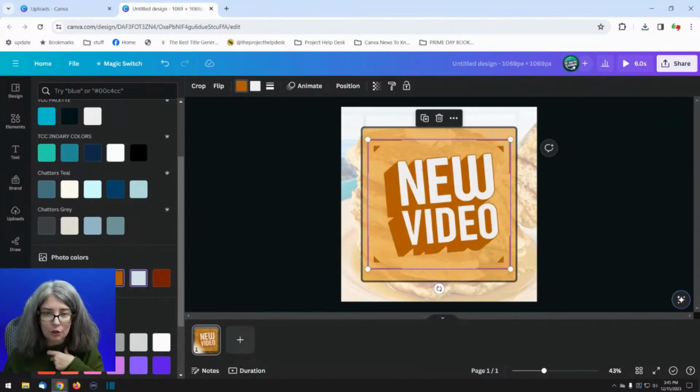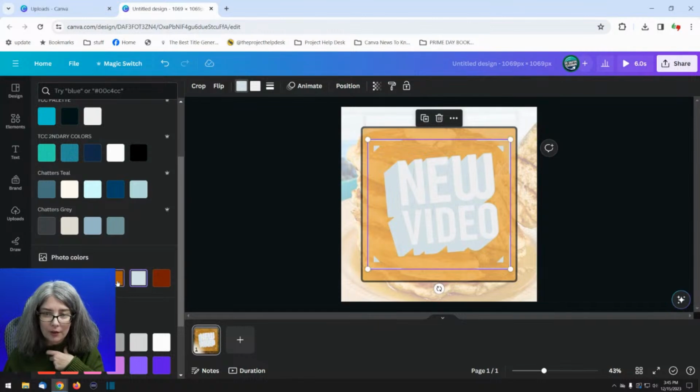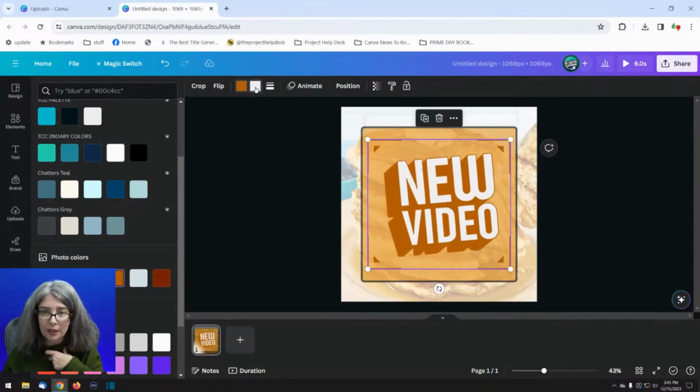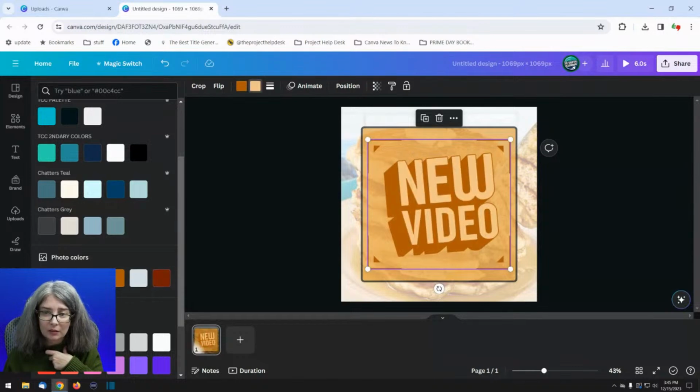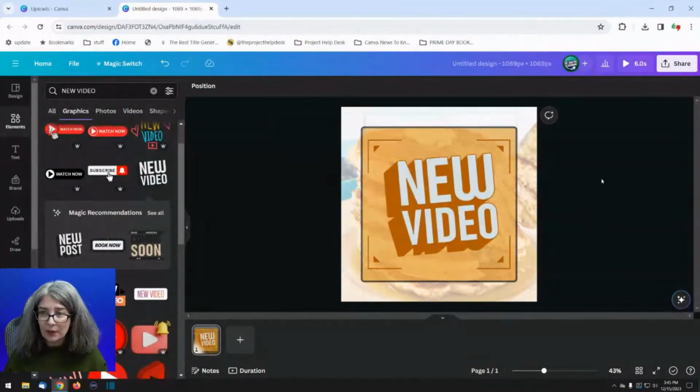So I could choose this color, which is a little darker, and then I could choose the whiter color and change it as well. Right? Like that's just pretty cool. And now it looks like that.